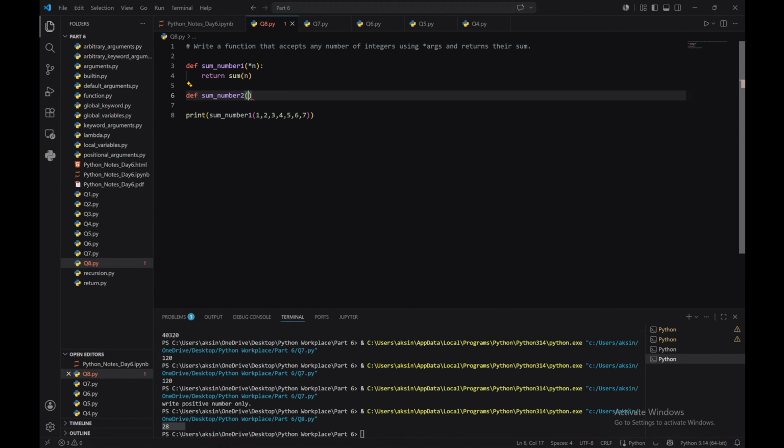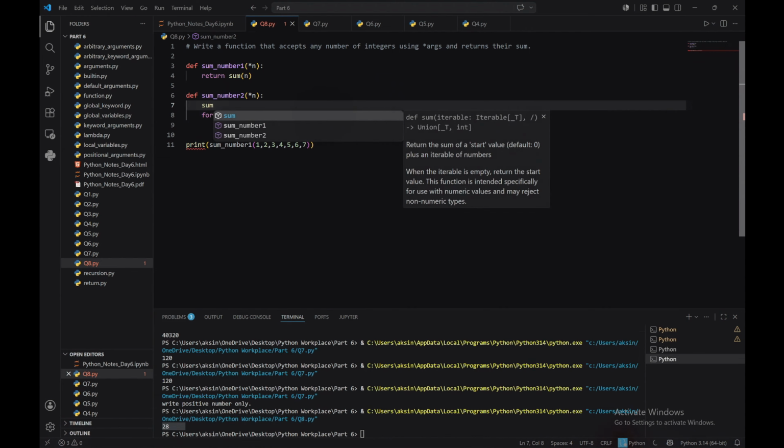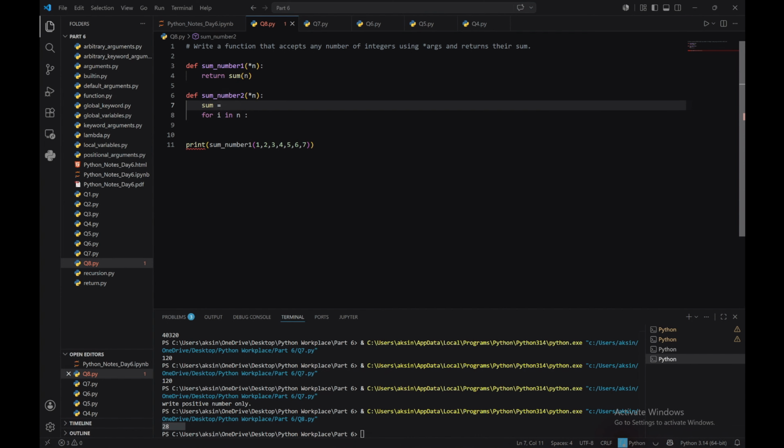Here we will take *n, for i in n, and we are also going to take sum equals 0,